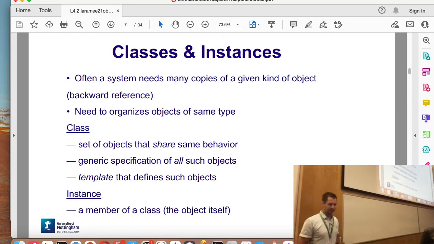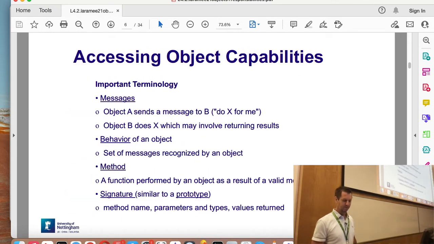I'm going to try to go a little bit fast, a compressed version. Classes and instances. Can anybody describe the difference between a class and an instance in their own words? Maybe I remove that slide so you're not reading off of it. What's your name? Thomas.